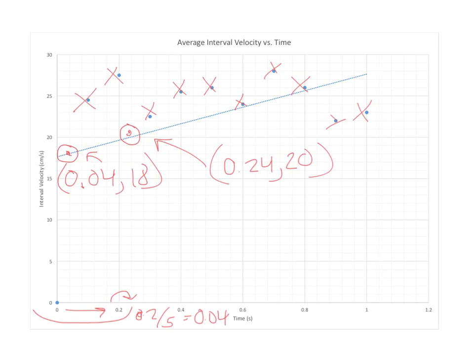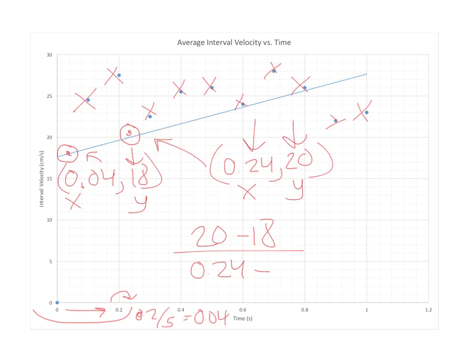So now it just becomes slope time. I'm going to take my y's and subtract them and divide it by my x's subtracted. So I'll start with 20 minus 18. Those are my y's. And then I'll take 0.24, which is my x, minus 0.04, which is my other x. And I'll throw that in my calc. Through my calc, I get 2 over 0.2, which when I throw that in my calculator, I end up getting